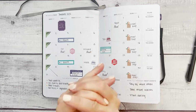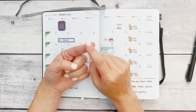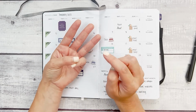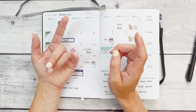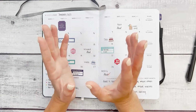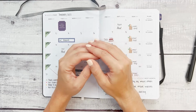Those are our 10 tips. Just to recap, we are going to set goals for the year so you can map out your life, spend time working on a vision board, breaking down your goals, utilizing the dot grid paper in the back for lists, things to read, write, watch, ideas, memories, focusing on a main goal during the week and a priority to set your week up for success,